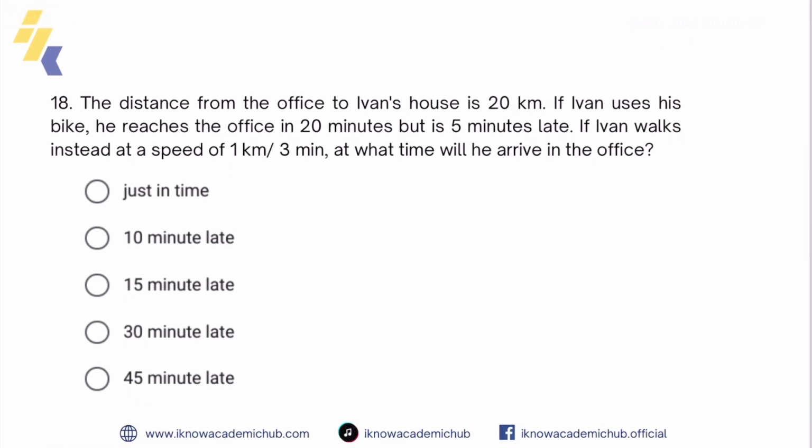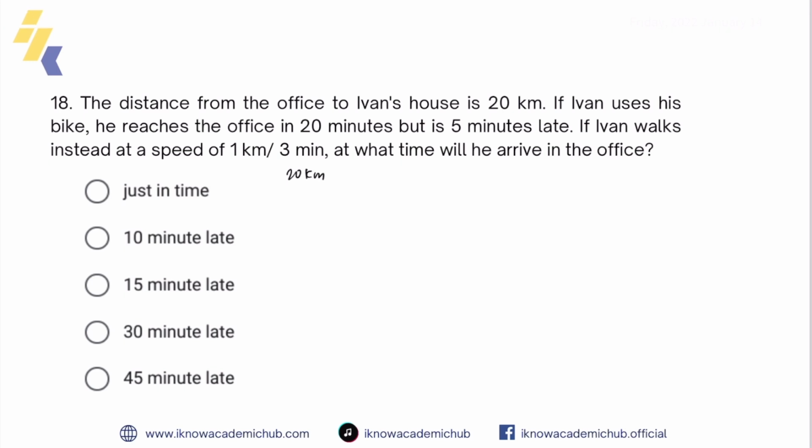Next problem na tayo. The distance from the office to Ivan's house is 20 kilometers. If Ivan uses his bike, he reaches the office in 20 minutes but is 5 minutes late. If Ivan walks instead at a speed of 1 kilometer per 3 minutes, at what time will he arrive in the office? Ayan. So first, we have